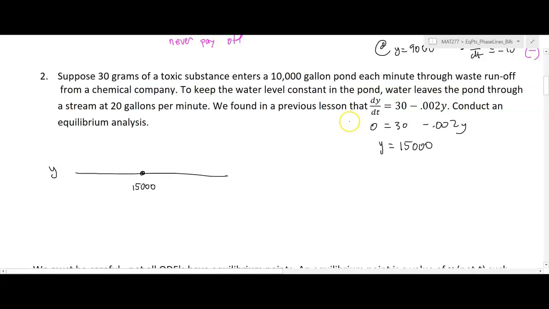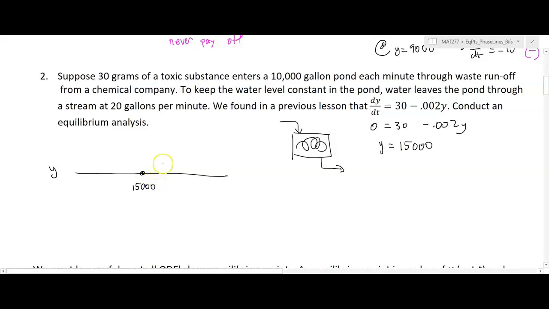There will be, over time, no additional change in the amount of the toxin inside the pond. Now, some will be entering, right? Here's our pond. We have some entering and we have some of the substance leaving, but the mixture in here, if it ever achieves 15,000 or starts at 15,000,